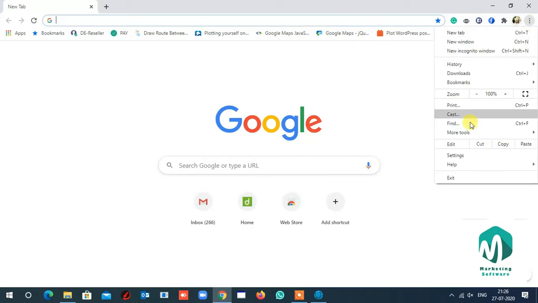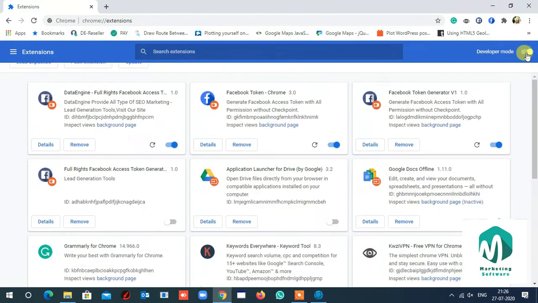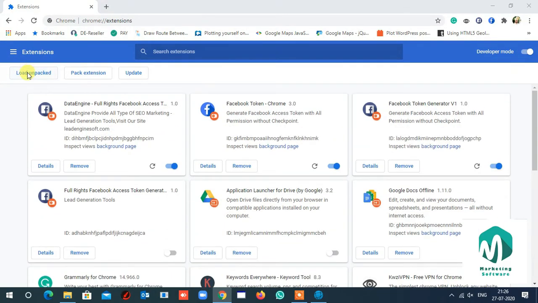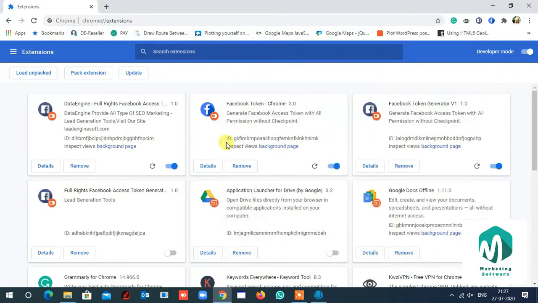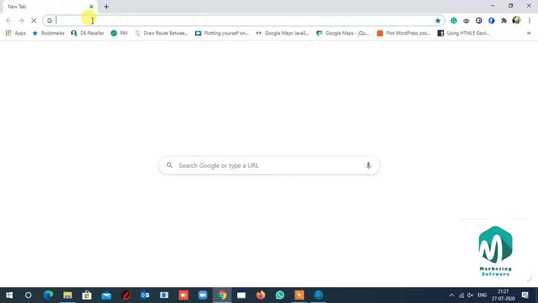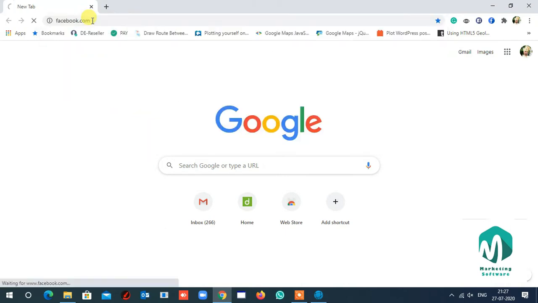Okay, now I will open the browser. After the download, I will open extension. In extension, you will see here developer mode. You have to turn on that developer mode. After that, just load the unpacked and you can take the Facebook extractor. Okay, and now just select it. It will automatically show you this like this, and you have to attach this here in extension.